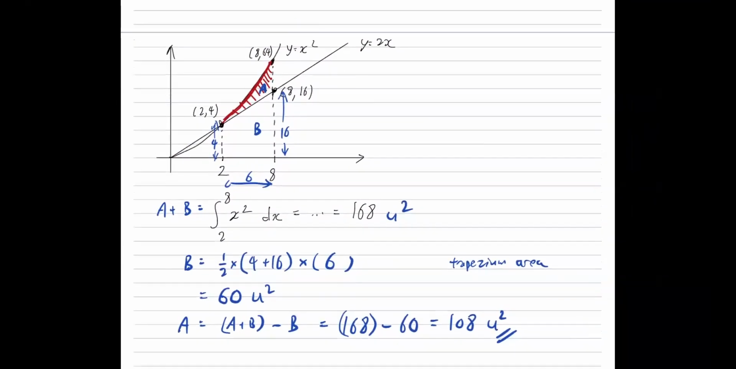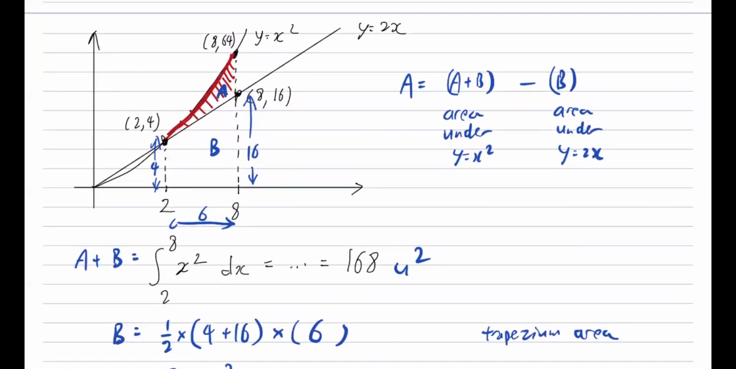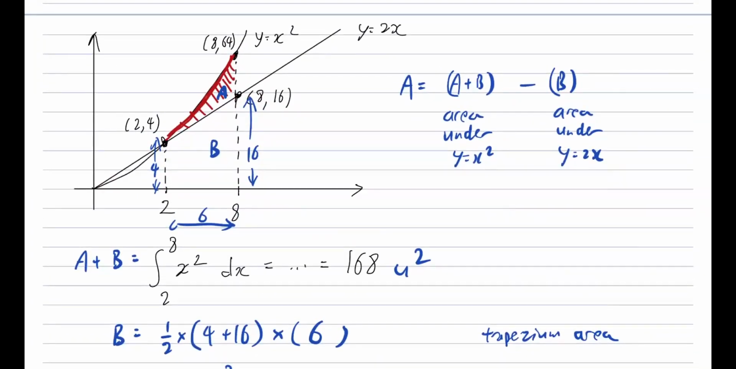Can you see that the area A is really just A plus B minus B, which is essentially the area under y equals x squared, and B is really just the area under y equals 2x. So the area A is really just the area trapped between two functions. Can you see that? Maybe I color code it, with x squared on top, then 2x below. Okay. So this is really just the area